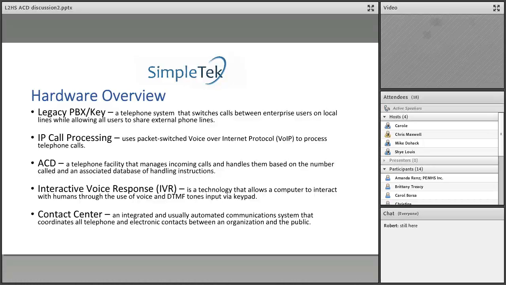It allows utilizing the internet to receive and place phone calls. It provides a lot of different benefits, and the industry's evolved to make these systems so much easier to manage than the other systems. Then the ACD, the call distribution, is designed to manage inbound calls and route them to the appropriate party, as well as giving the ability to really drill down on a per call basis, per agent basis, to make management decisions, to track and monitor, and to make sure that you're giving the kind of support